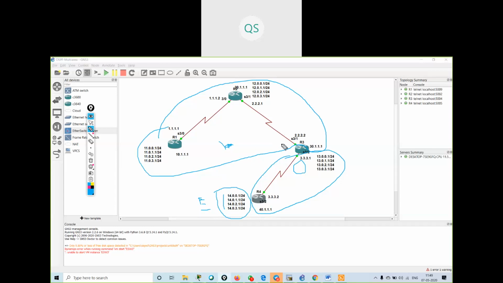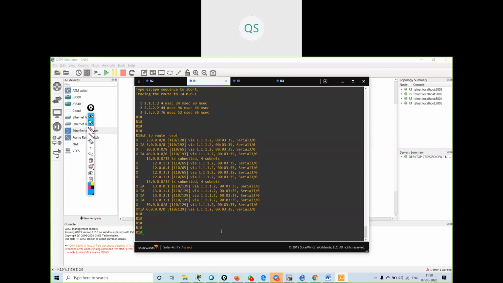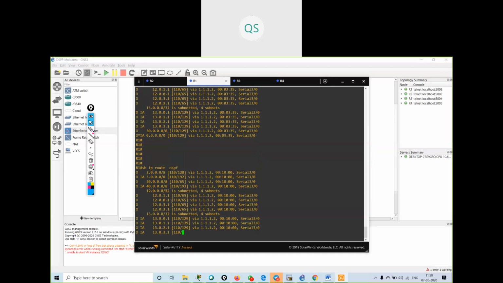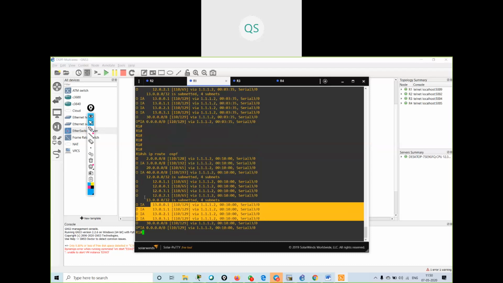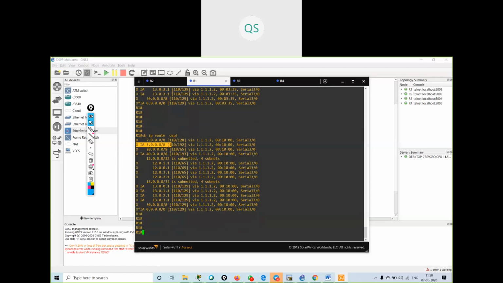So it means on R1 and R2, I will not be getting these 13 dot routes or 40 dot routes. Now if I go and verify on R1 and R2, I will be getting all the routes. See on R1, if I give show ip ospf route, I am getting 13 dot routes, OIA routes. Also, I am getting the 40 dot route, 33 dot network. Once I configure totally stub, I will not get these OIA routes.